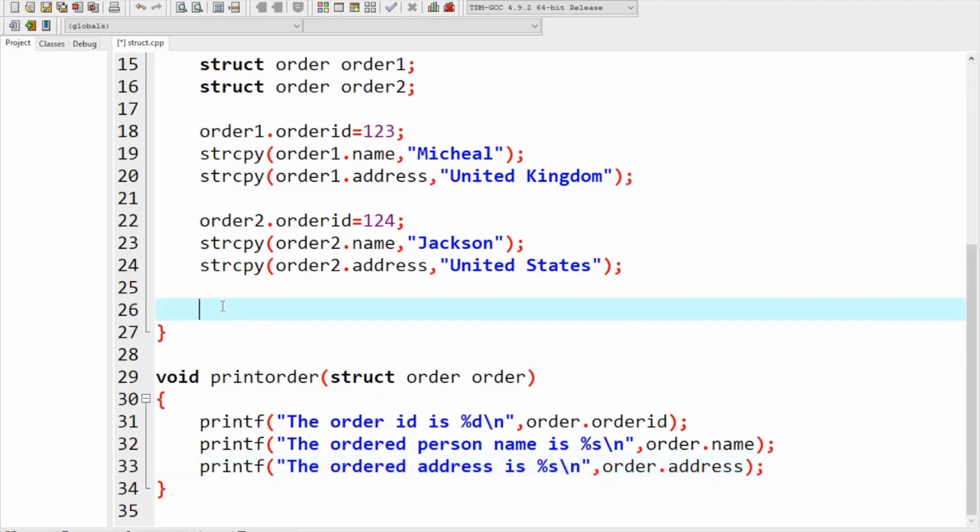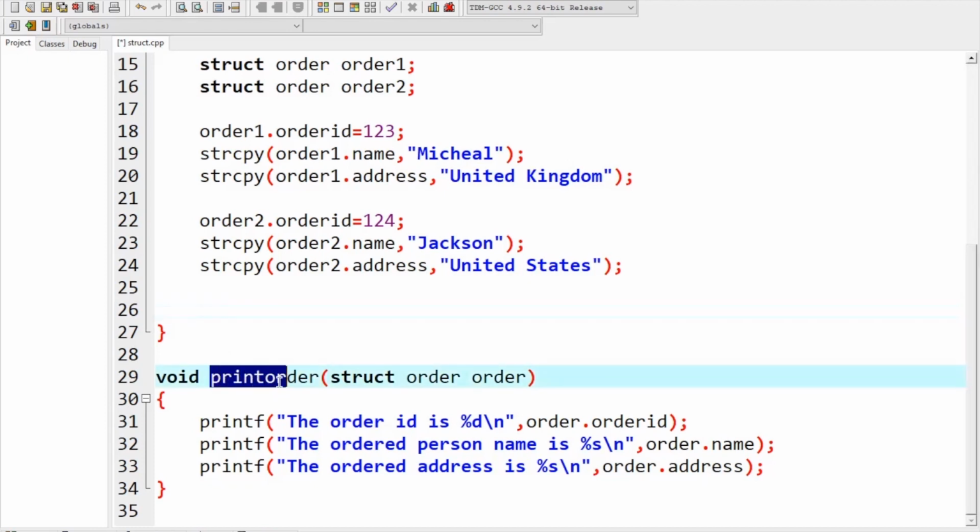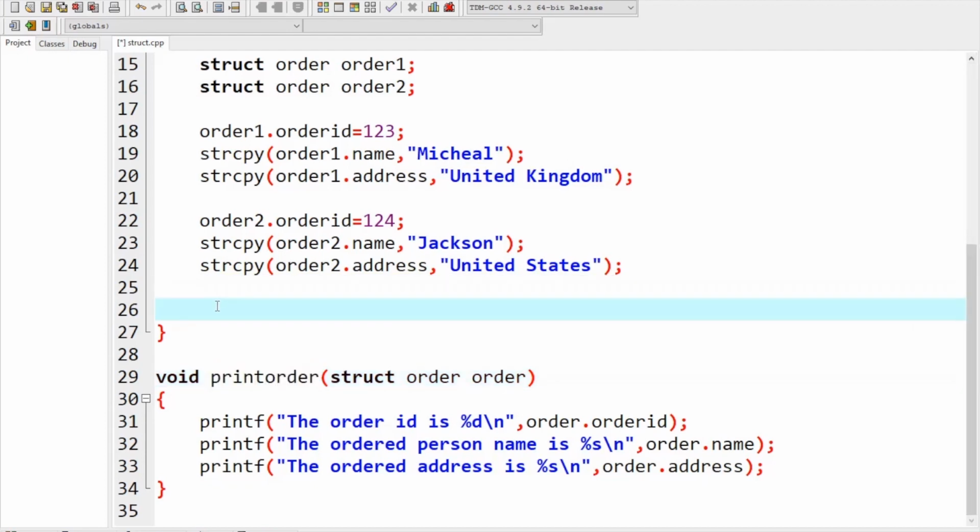So what we need to do, we need to call this function. How to call, you already know. We need to write the function name, and we need to pass the parameter. What is the parameter? Order. So what's the order? Order 1,